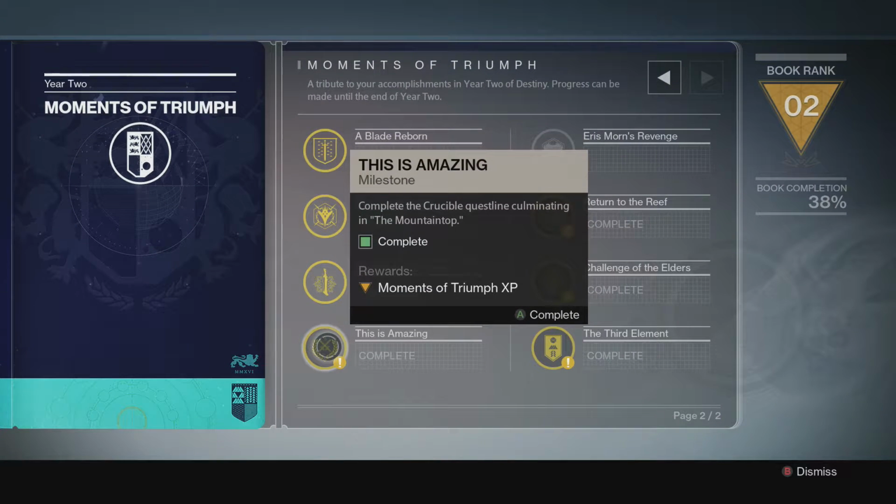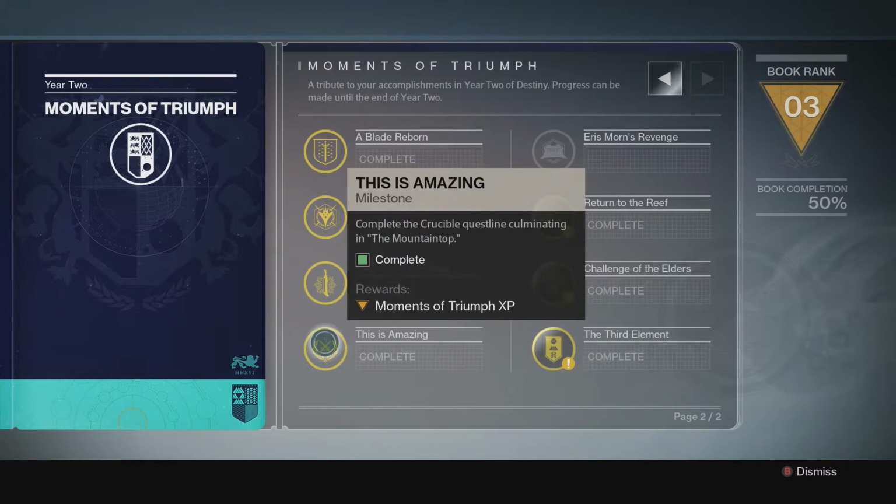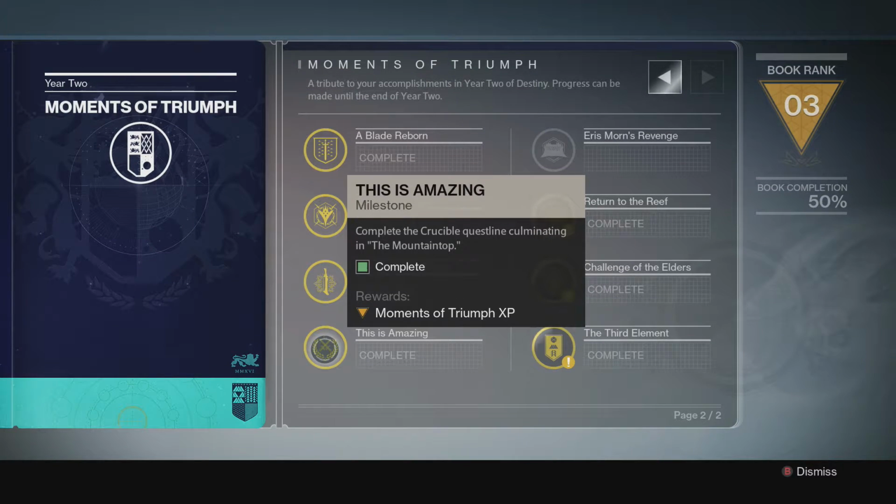Next, Moments of Triumph. This is amazing! Complete the Crucible quest line, culminating in the Mountaintop. This might be one of those things that you may not actually have done, but basically, this will allow you to complete the weekly bounties for Shaxx. So definitely do that, because when you unlock those bounties from completing this quest line, it will allow you to complete